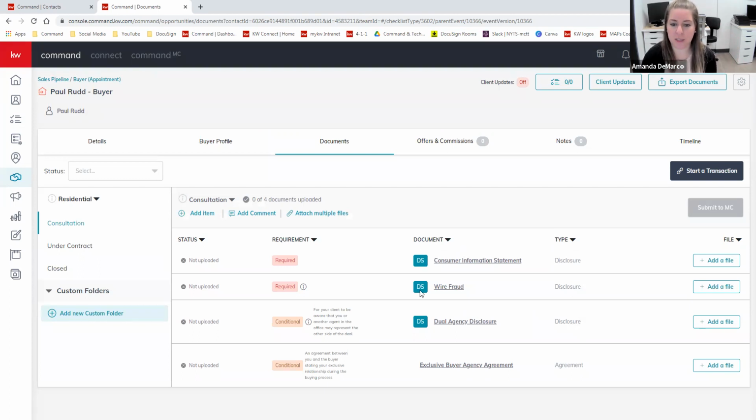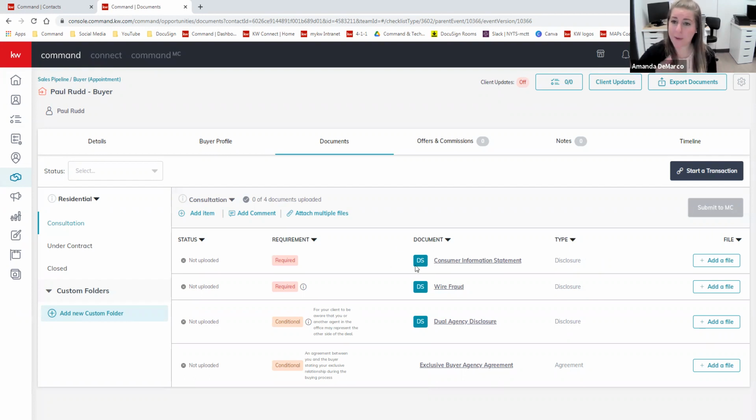Additionally, you're going to notice this little green square that says DS in it. This means Docusign. So for those of you who are on the Docusign platform and have moved away from .loop, I hope that you have a fresh head and have a positive perspective on Docusign. I know it can be a little bit of an adjustment, but it really is a great website and a great piece of software that can integrate with Command very easily, and it helps to speed up the process of a few different things,